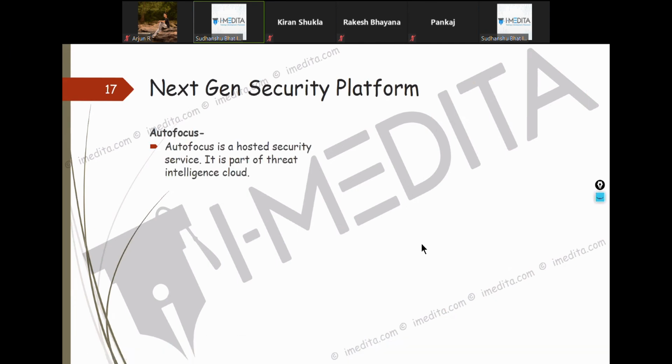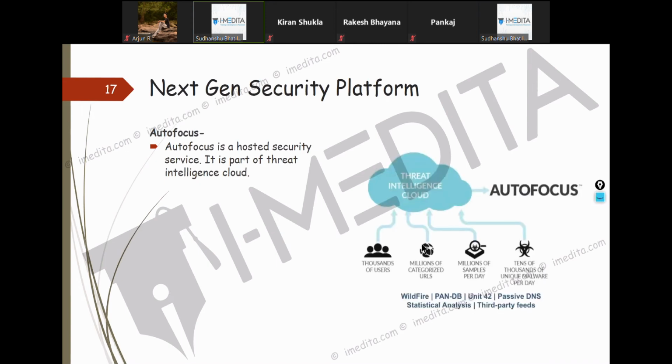Also, there is something called AutoFocus. Okay. And what AutoFocus will do is, all the threat intelligence that your Palo Alto is going to collect, AutoFocus is going to show you all of that threat intelligence, whether from your endpoints or from other customers, in a consolidated way on a web portal. Okay.